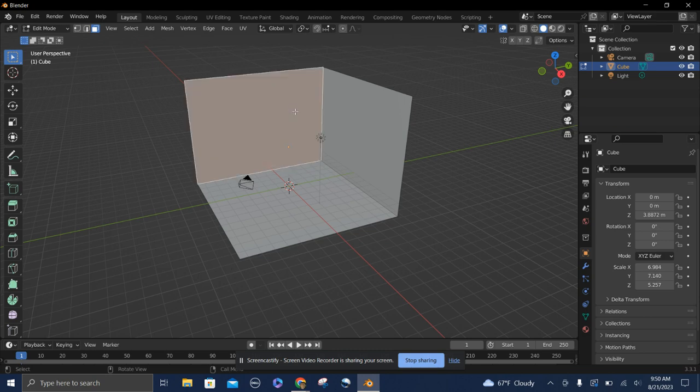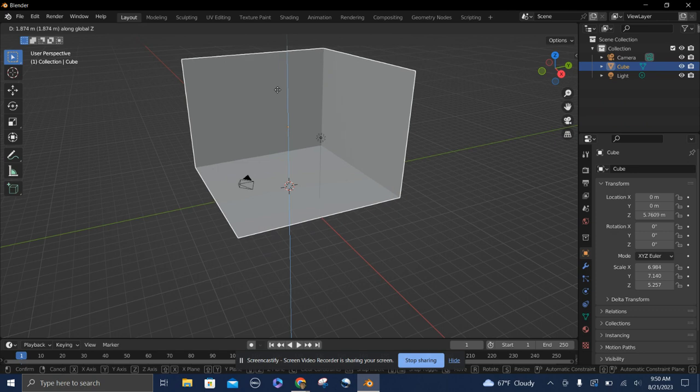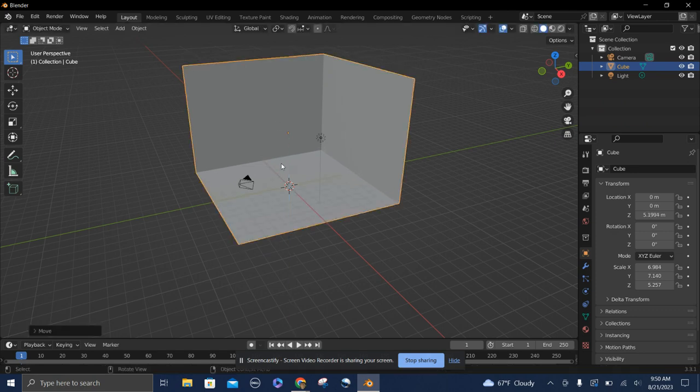So now I have a room, but I'm going to go back to object mode real quick, and then G on the keyboard to move it, Z to make sure that it only goes up. The reason why I'm doing this is I want the floor to be closer to the grid plane, because that's closer to the ground. Okay, so